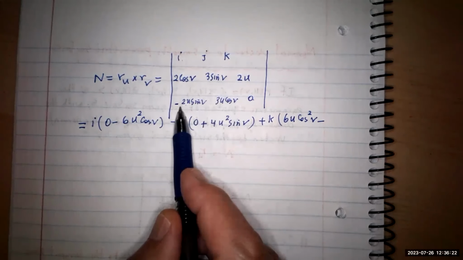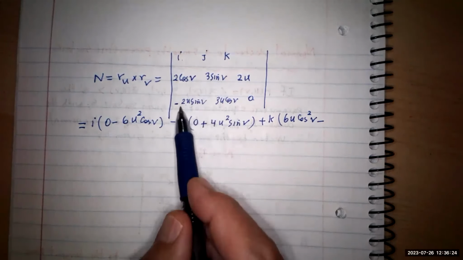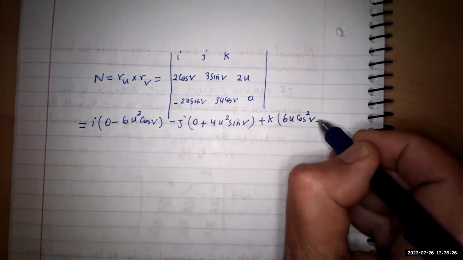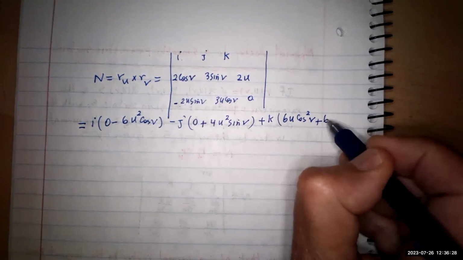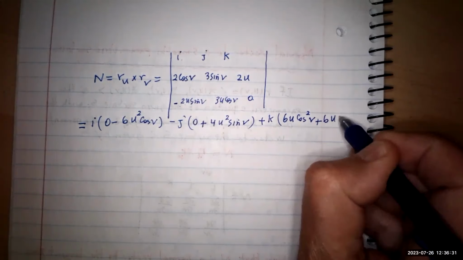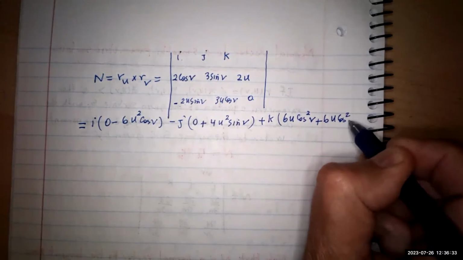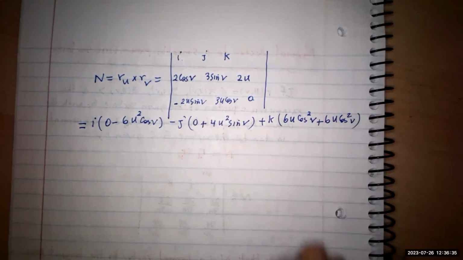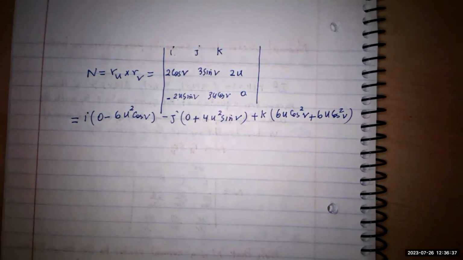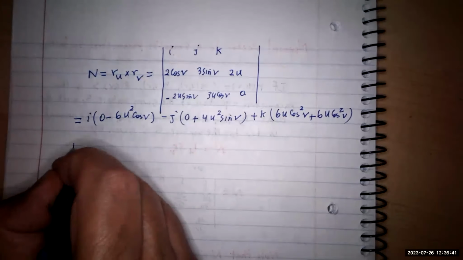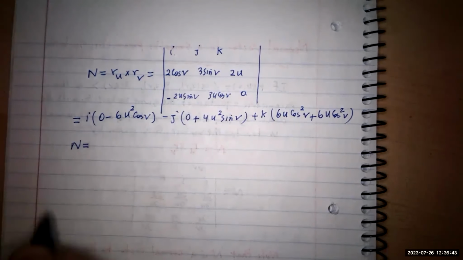So that gives you 6u cosine squared of v plus 6u sine squared of v times k. Simplified further, the n is going to be equal to,